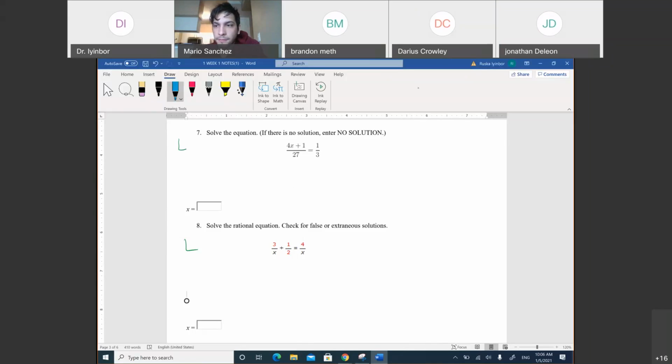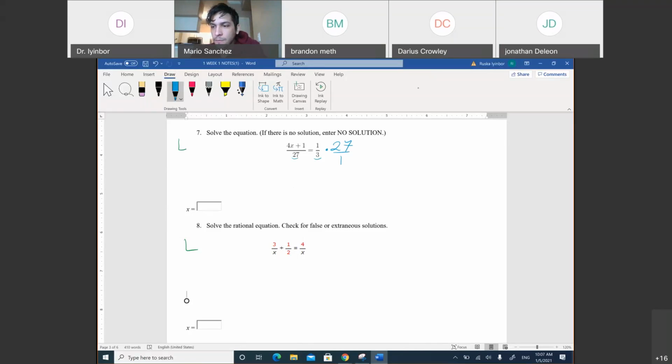Yes, let's do that. Okay, so we're going to get rid of the fractions. The bottom of one of them is 27, the other one is 3. So if I multiply both sides by 27, because 27 is divisible by 3, so if I multiply by 27,